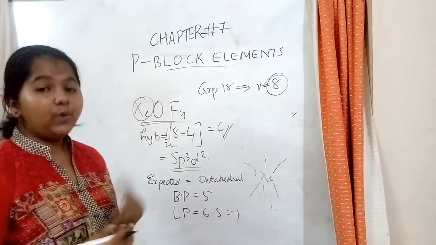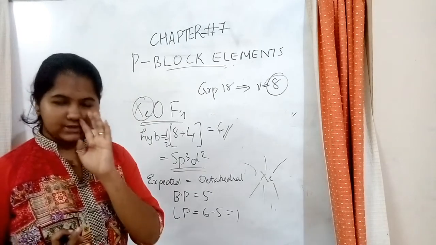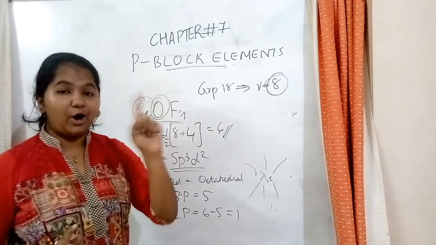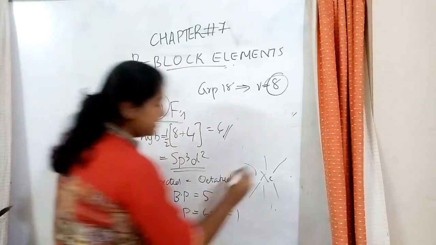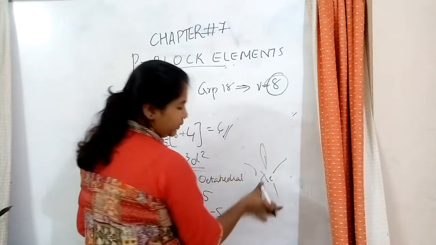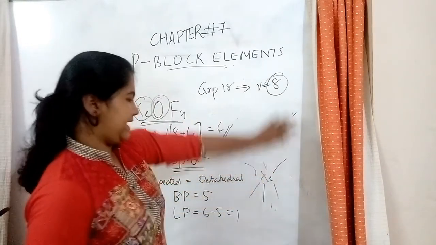So now let's see what is the structure of this compound. Before writing the structure of this compound, I told you one more thing to be noted. Oxygen should always be represented by a double bond. So let's see. Now we put the lone pair here or here, anywhere, that's fine. I'm putting it over here, so let's mention this as here itself. So this lone pair is taken.